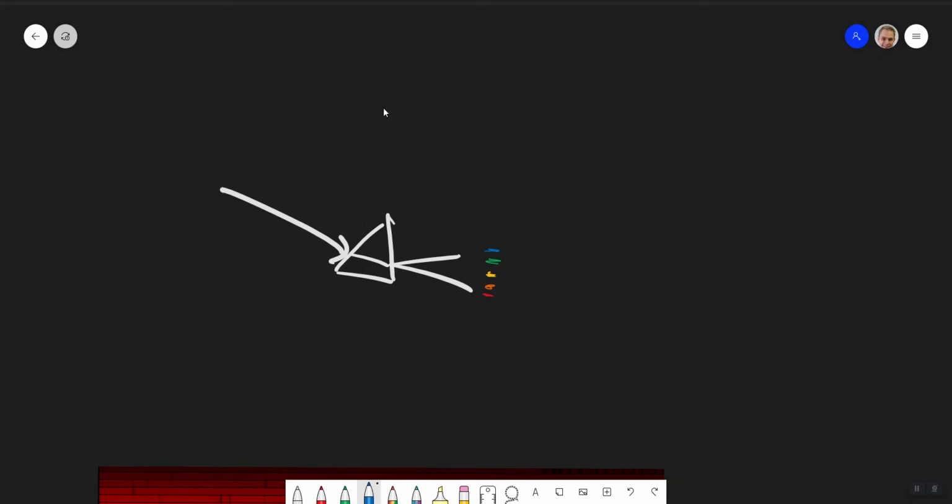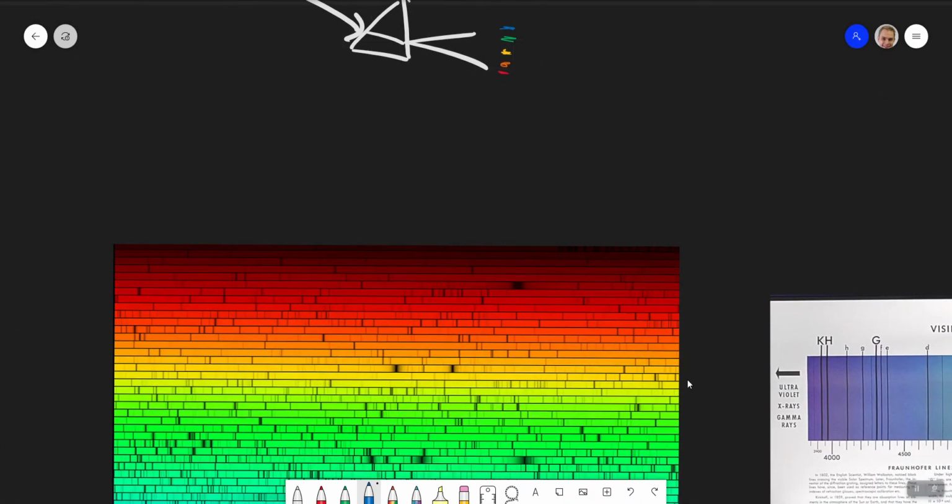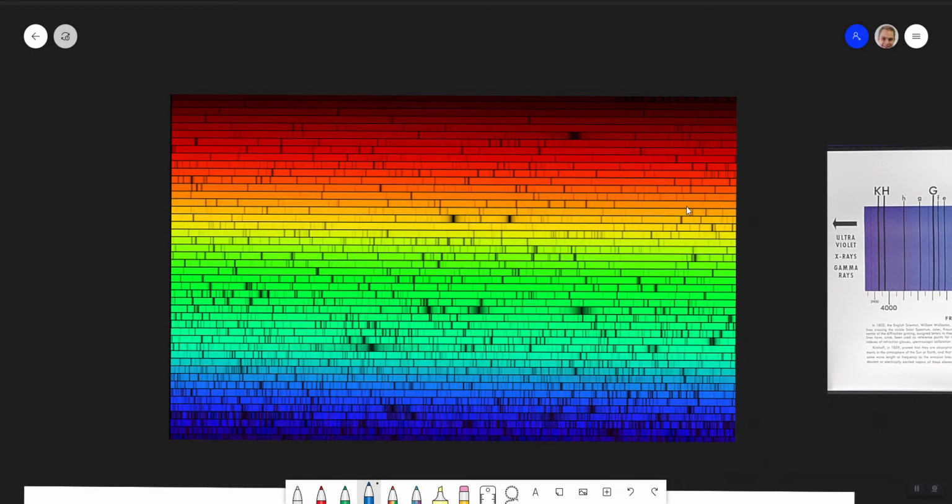However, it turns out if we look at the sun really carefully at the spectrum, we don't see this lovely unbroken spectrum. We actually see this. This is the sun's light when looked at really carefully. And what we find is gaps. We find weird little bits that are missing. For example, there's one here, some here, some there. These are little lines, and they have a fancy term: they are called absorption lines.